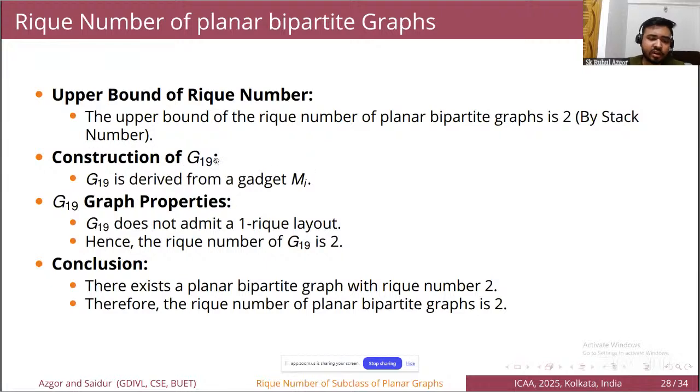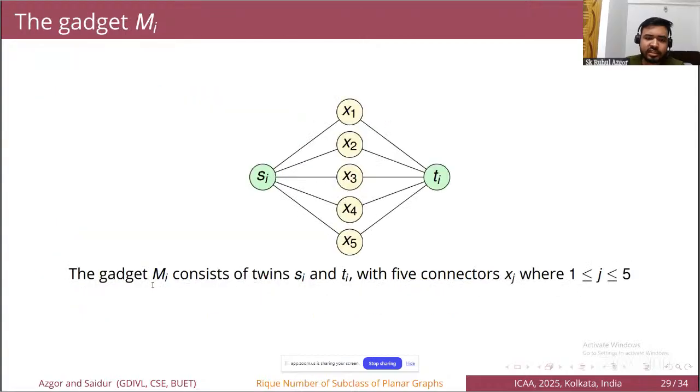And we have constructed a graph G19 from a similar gadget Mi, and we have shown that G19 does not admit an on-rig layout, and from that we concluded that the rig number for this graph class is also 2. So the gadget Mi is similar to the gadget Si, with the only difference being that there is no edge between Si and Ti. So that kind of gives us a more challenging approach to find a configuration. Basically, in this case, we do not have a configuration where we can say that if the